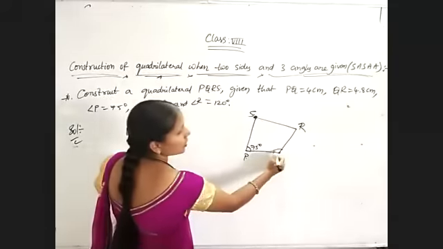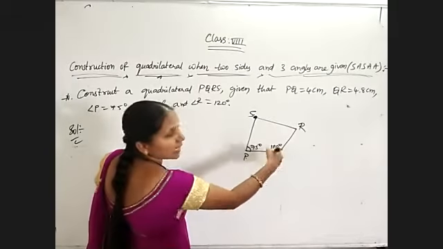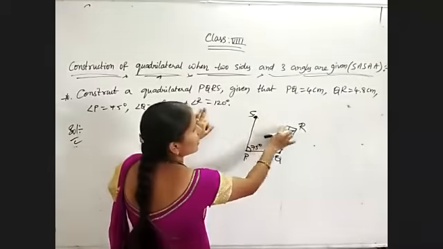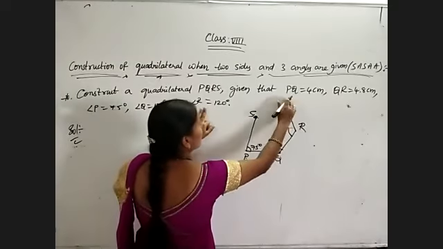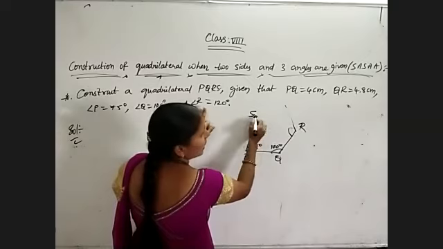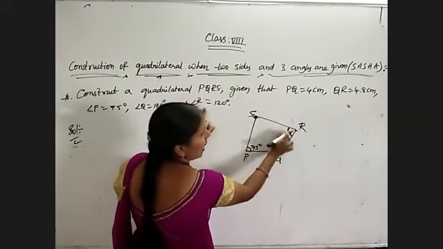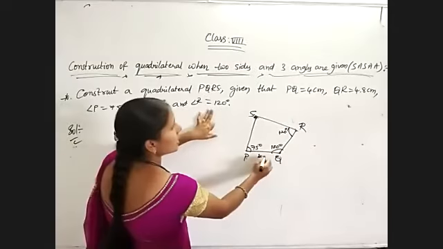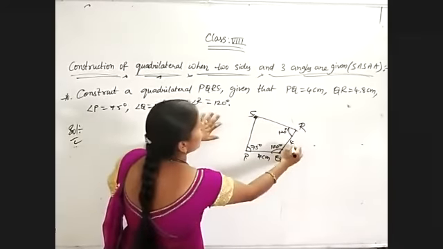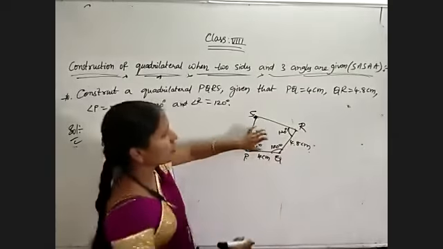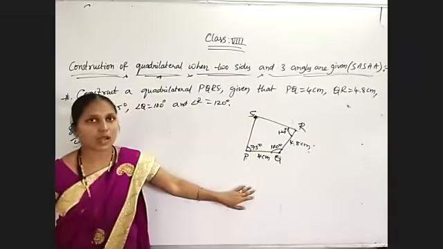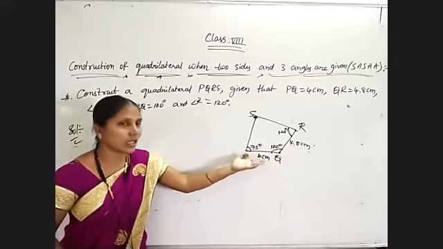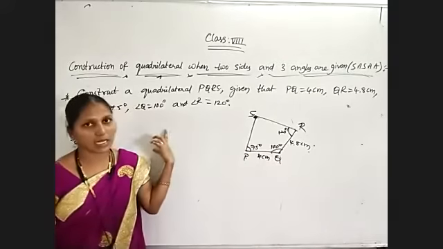Angle Q is an obtuse angle, 100 degrees, more than 90 degrees. Angle R is equal to 120 degrees, an obtuse angle only. So this one will come in this way. Actually, if we use the measurements, then we will get the correct figure. Now PQ length 4 centimeters is given, QR length 4.8 centimeters is given. By using these measurements, we need to draw the quadrilateral. So drawing the rough figure is important. If you draw that rough figure properly, you will get the correct solution.